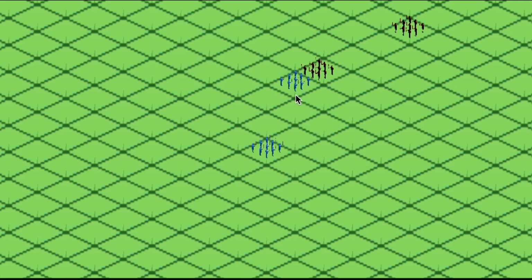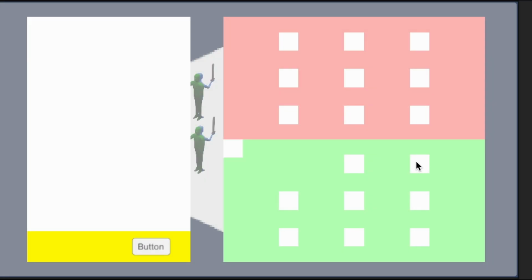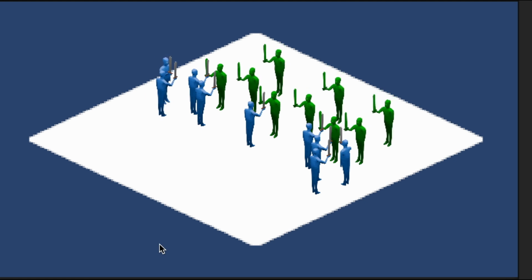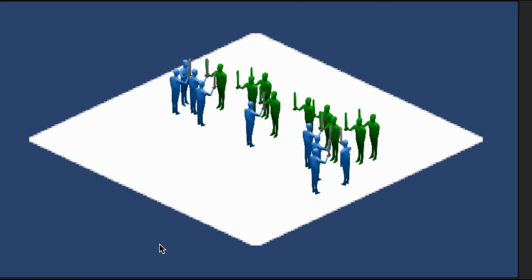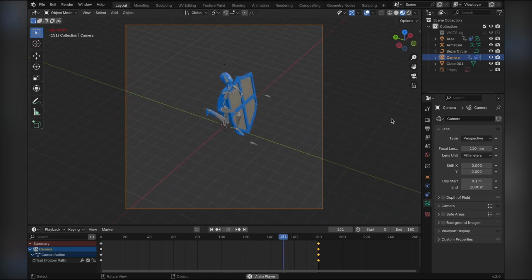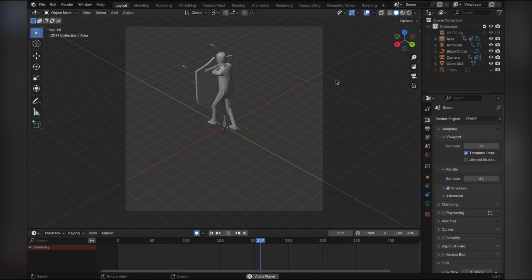If you're new here, I am diving headfirst into making a strategy based game in Unity. Picture this. You place your soldier on the battlefield, and the AI does the same for the opposing team. Then all chaos breaks loose as they battle it out, and only one team is left standing. So far, I got the system where you place your units, and I also made two types of unit. One is shieldmen and another is soldier. But guess what? I got some exciting updates to share today.